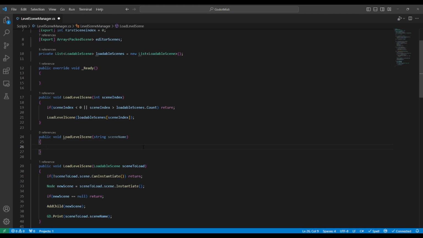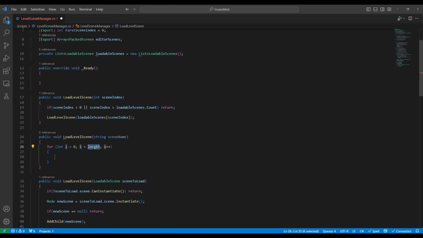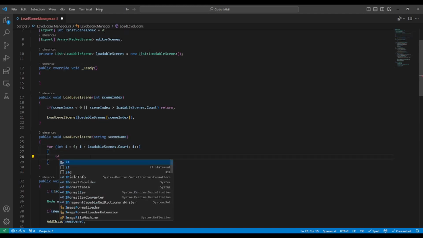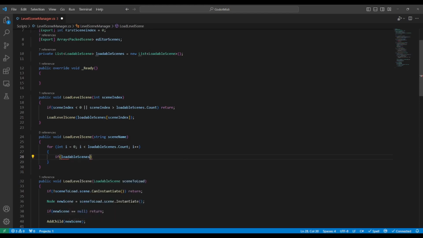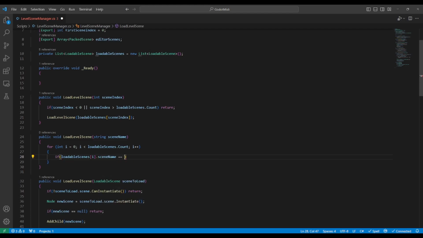Now we'll have to check this scene name to see if it matches the scene name of the level scene that we want to load. So we'll go for, and then we will type loadable scenes dot count, and then we'll see if the scene name matches the index of the scene that we're on. So we'll go if loadable scenes I dot scene name is equal to scene name,